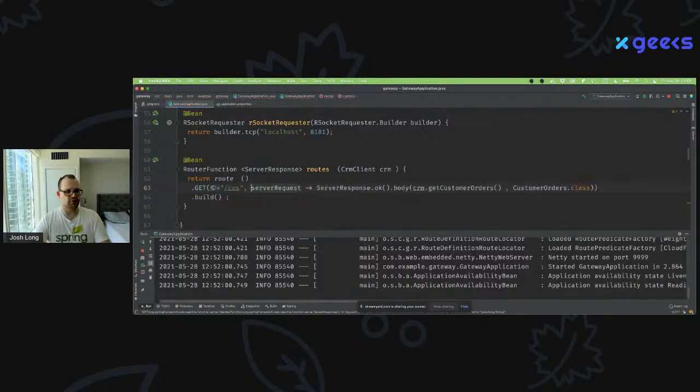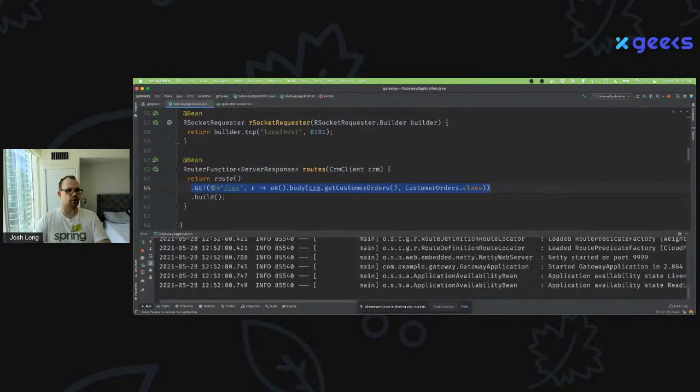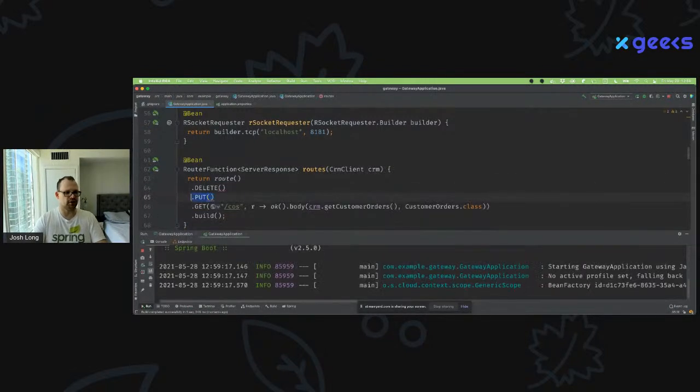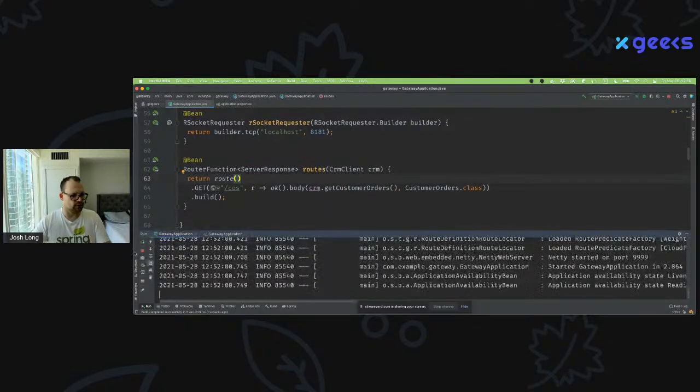And this is different from the REST controller style, but they're both equal. You can use them both in the same app. That's the entire REST endpoint right there. It's just one line, and it's a fluid DSL, so I can add other endpoints here. I can do it dynamically. I can have a for loop, if, else, whatever. Oh, sorry, I gotta get rid of that.